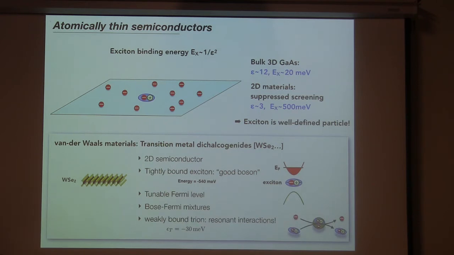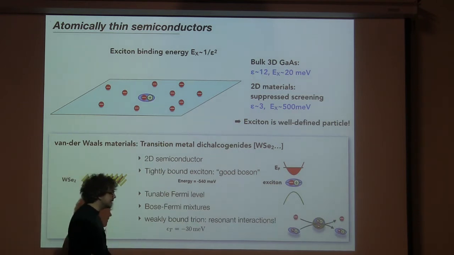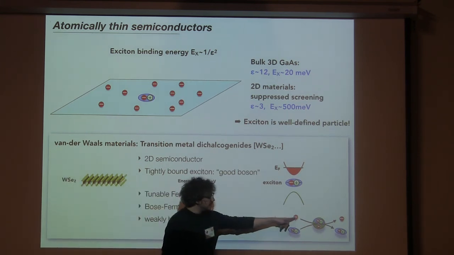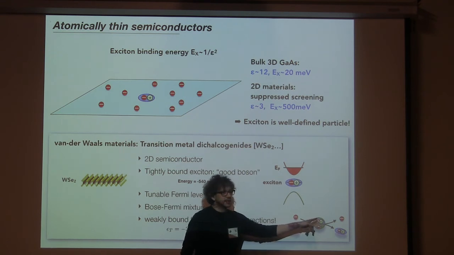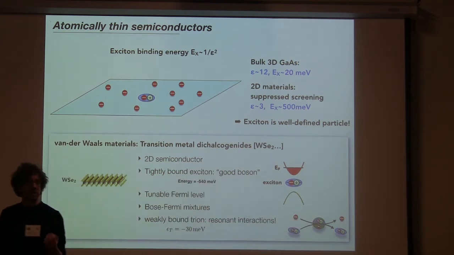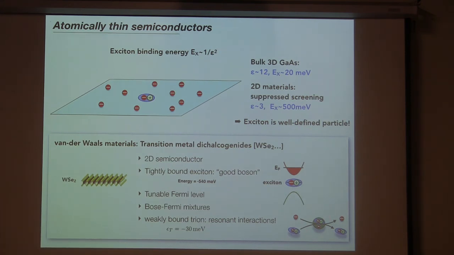And there's a nice thing as well in these materials: these excitons can come together with an electron and actually build a bound state. That's kind of equivalent to what we also have in terms of Feshbach molecules in cold atoms. So they also support a weakly bound state. So that's one more ingredient which makes them interesting in comparison to cold atoms.